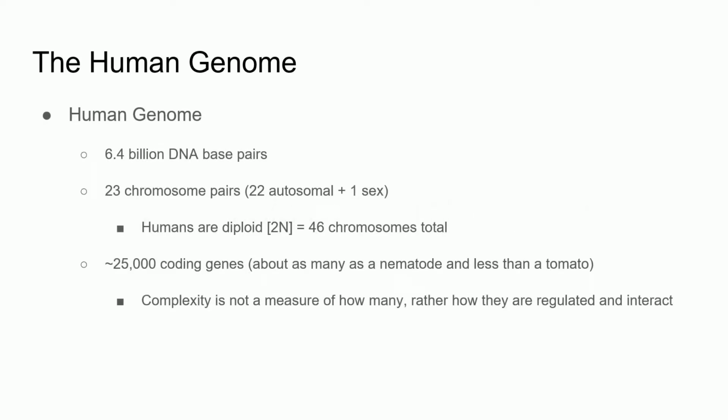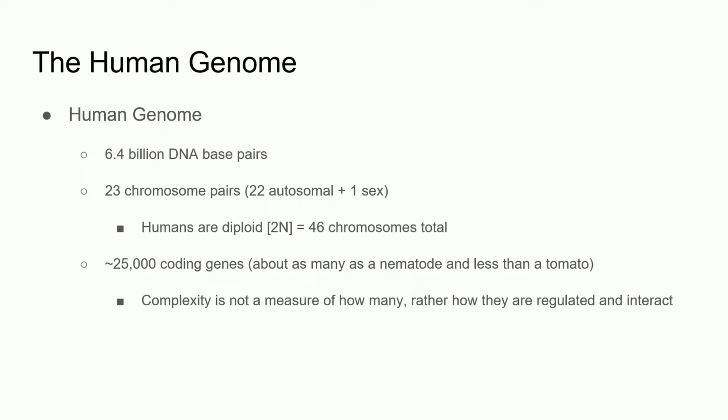The human genome has about 6 billion base pairs, or more specifically 3.2 billion per haploid genome. Of this massive DNA library, only about 25,000 genes are present in the human genome, accounting for about 1% of the total DNA sequence. So the vast majority of our DNA doesn't even code for proteins.